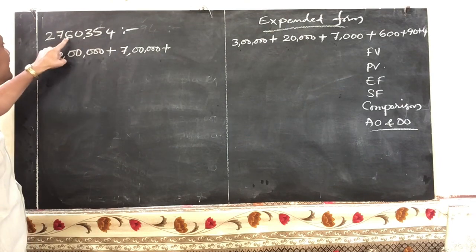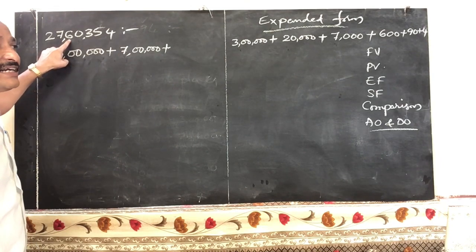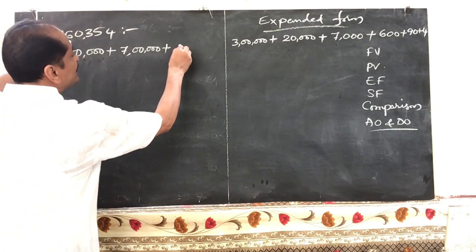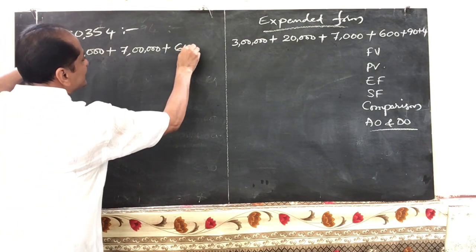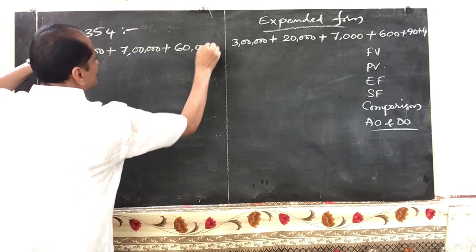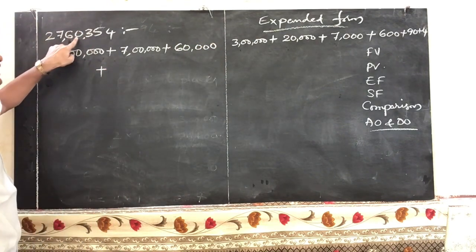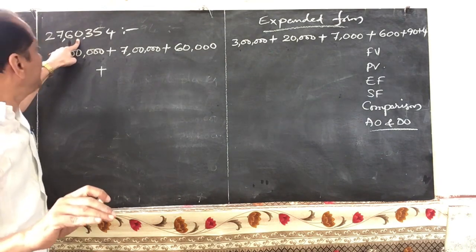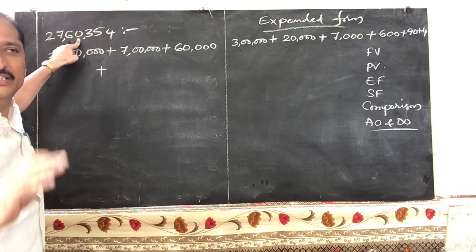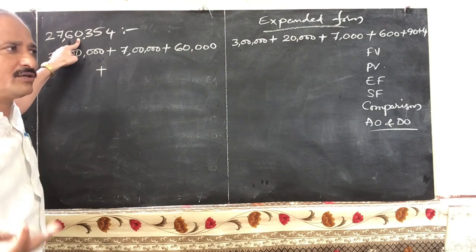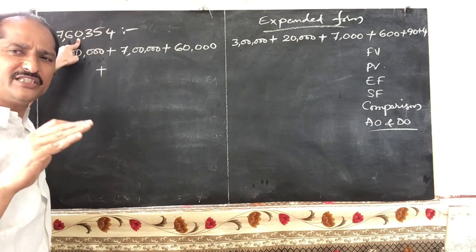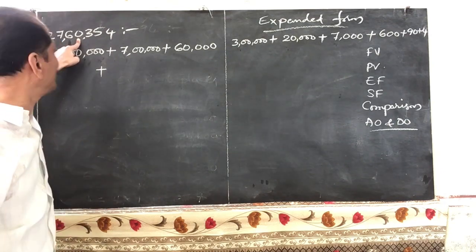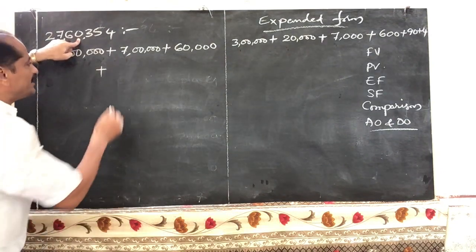So next, 6. 6 is in thousands period and it is in 10,000s place. So place value of 6 is equal to 6 into 10,000. 6 tens are 60,000. Plus, place value of 0. Face value of 0 is 0, into it is in which place? Thousands place. 0 into 1000. If you are multiplying 0 with any number, what you will get? 0 only. So 0 into 1000 is 0. So 0 place value is 0.